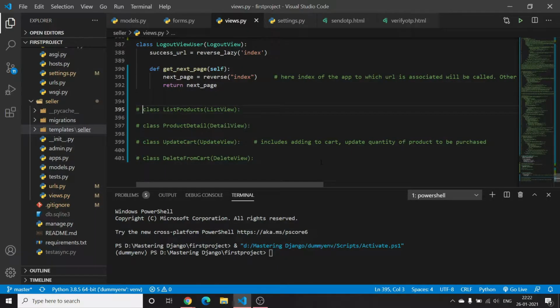So basically I have used these scenarios so that I can show you how to implement list view, detail view, update view and delete view in our Django project. We will be using class based views, and in some views I will be showing you how you can implement it using a function based view as well, so that you can understand how class based views work.